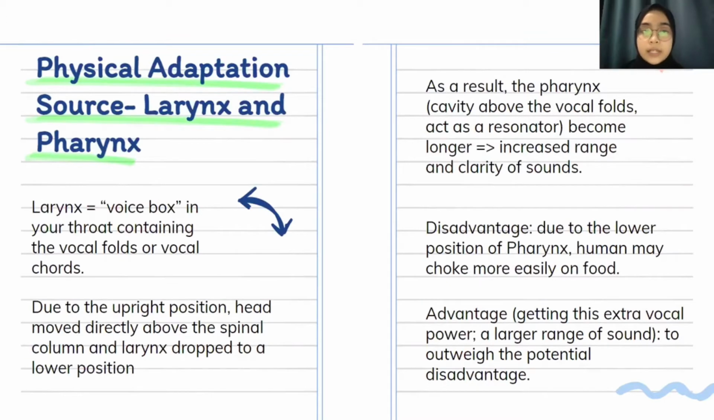Next is larynx and pharynx. So the larynx is the voice box in your throat containing the vocal folds or vocal cords. Due to the upright position, the head moved directly above the spinal column and the larynx dropped to a lower position. Therefore, as a result, the pharynx cavity above the vocal folds acts as a resonator, becomes longer, and increases the range and